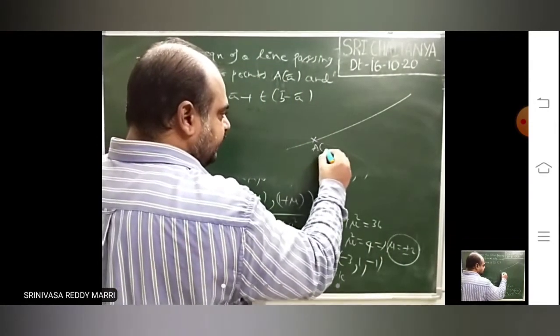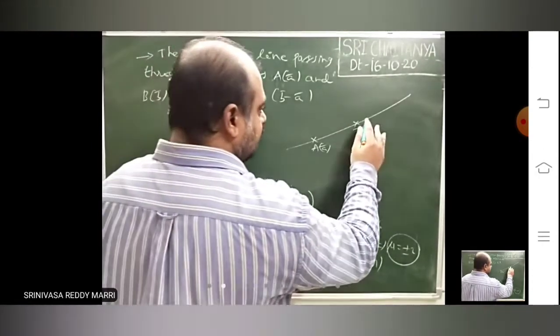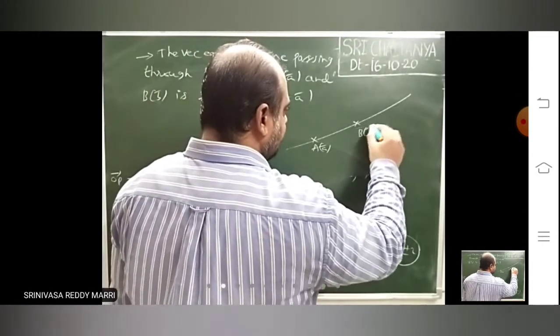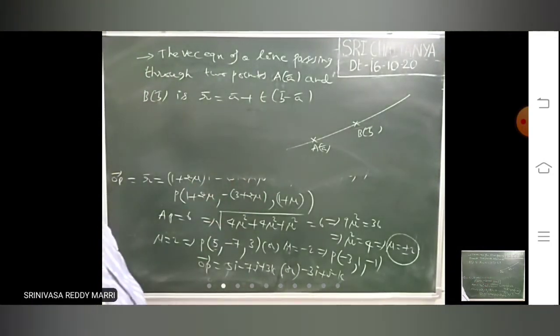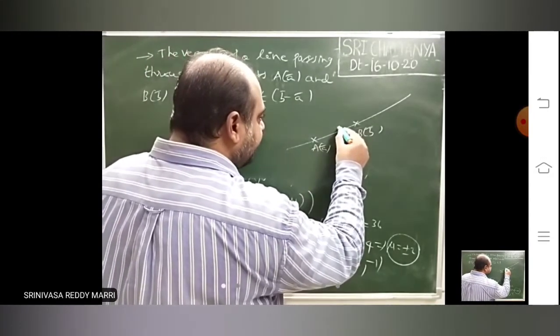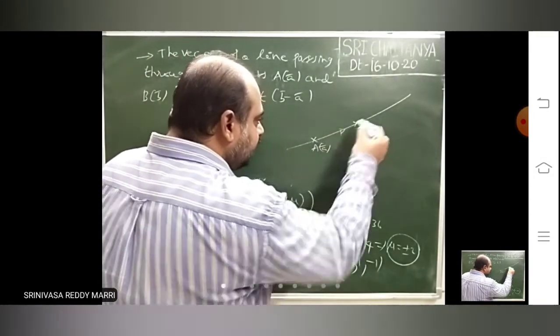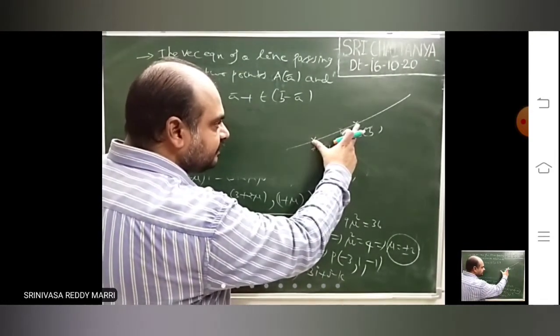Now on this line itself, 2 points are there. V is nothing but V bar. Now there is no parallel vector. Direction of this line is not given. Direction of the line is nothing but, look at AB, 2 points are there. You can find the vector. AB bar is the direction.